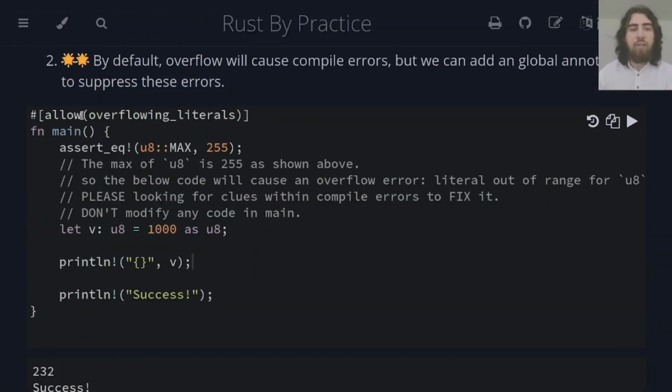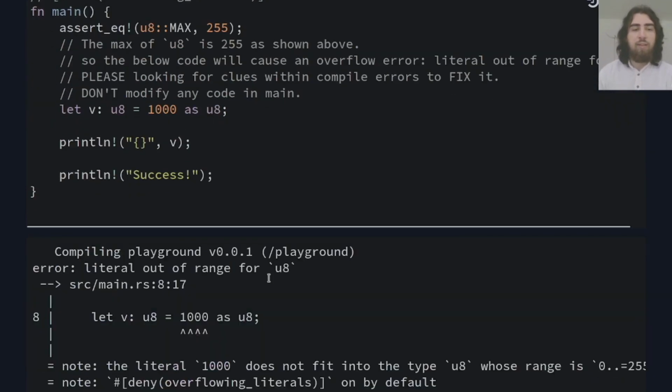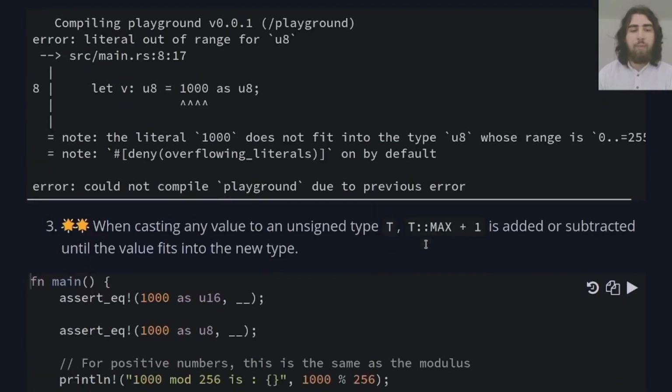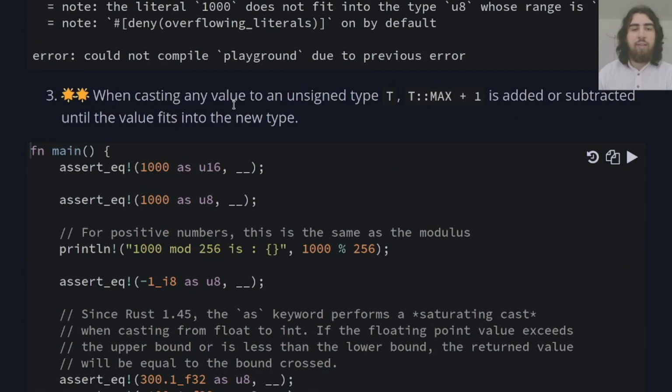So we allow here overflowing literals, right? If we comment this out, then the compiler will complain, because this is actually not possible. When casting any value to an unsigned type T, T max plus 1 is added or subtracted until the value fits into the new type. That's what we have seen. So in this case,